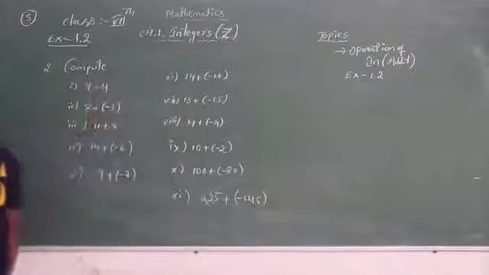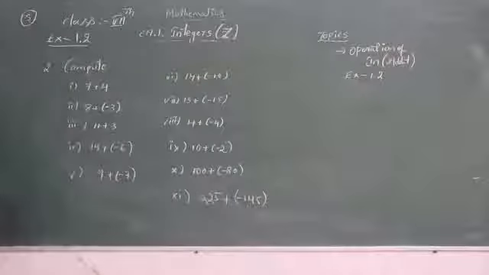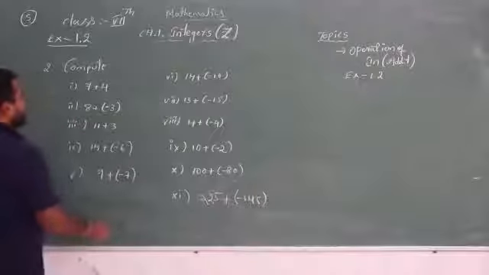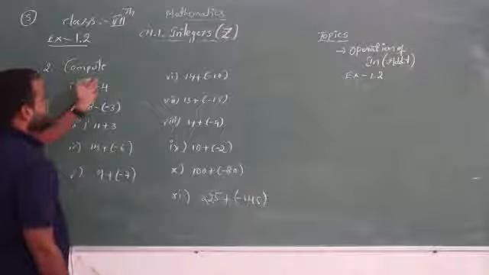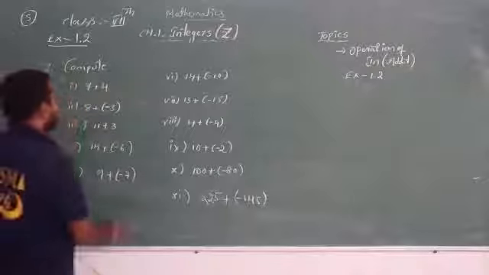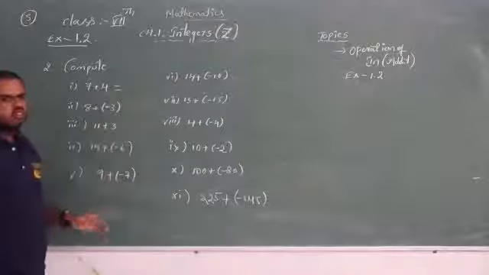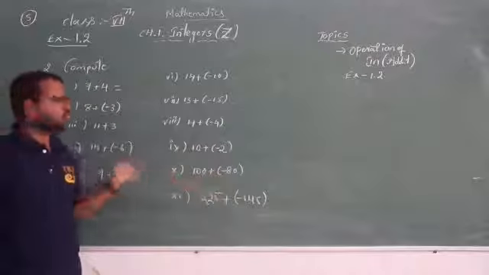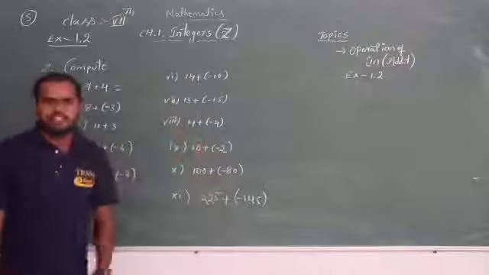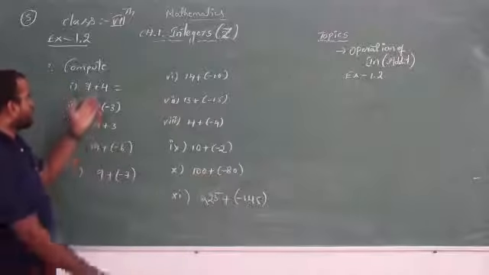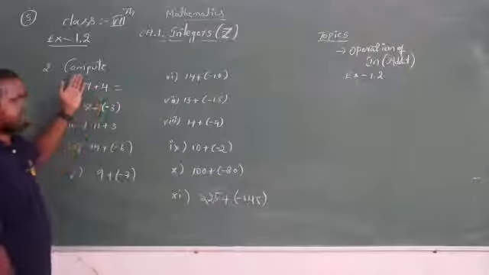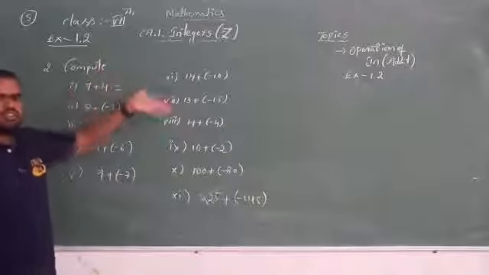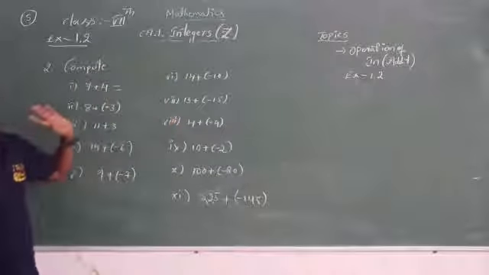Okay, it's very simple, right? What we have to do is evaluate. It means we have to compute the following. We just add the numbers, that's it. Directly you have to write the answers. If you are confused about how to add the numbers, you can also use the number line. But here he is asking to compute, not to do it on the number line. If you want, you can do it in rough, and directly write the answer here.